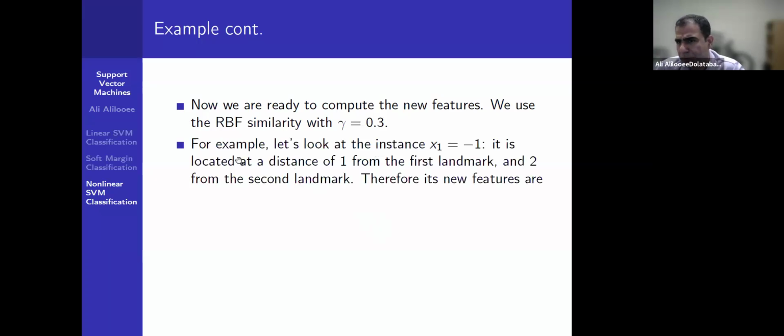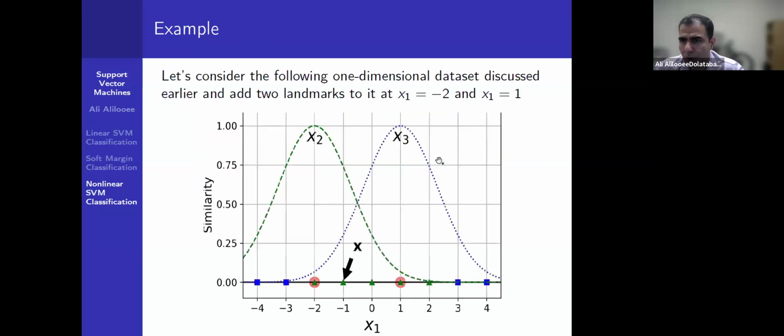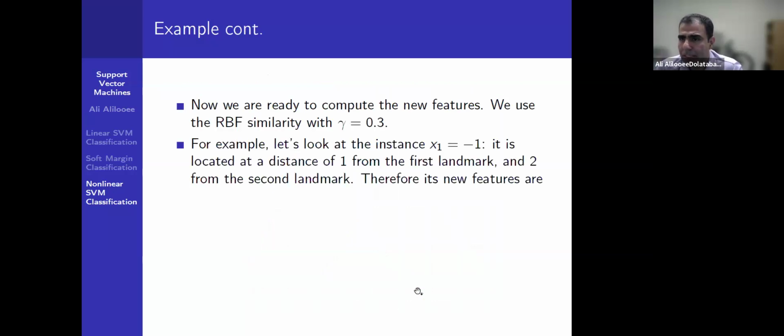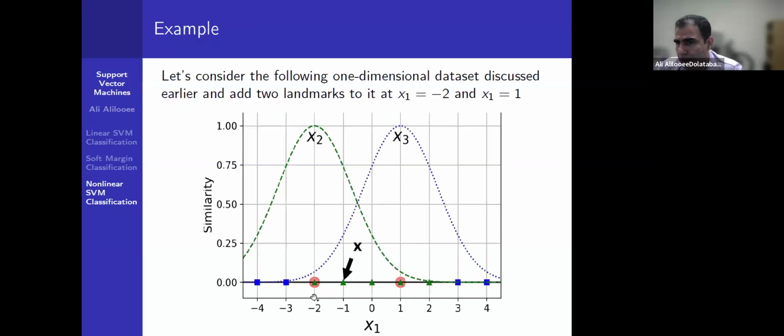Then if we choose, for example, x1 equal -1, and we evaluate the resemblance of x1 to each landmark, then these values can be evaluated. For example, consider the resemblance of -1 to each landmark, because here there are 2 landmarks, one of them is -2, another is 1. If we want to use the RBF formula to evaluate the resemblance, you have to